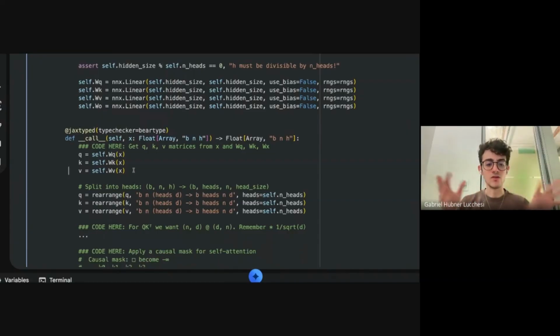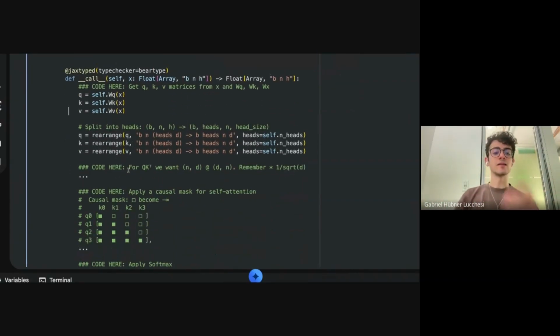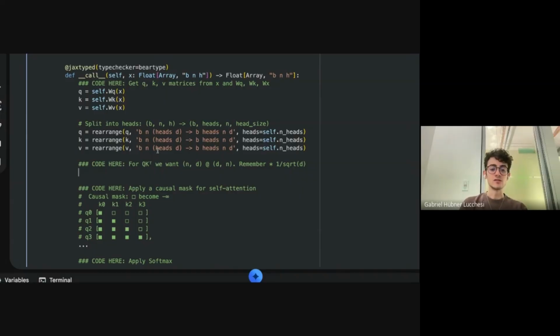So that's why we do this splitting here. And then, like I said, we have to rearrange them. It's a really nice utility function where I can just say, figure out for me what size is the hidden stream, and then split it between heads and the size of each head.